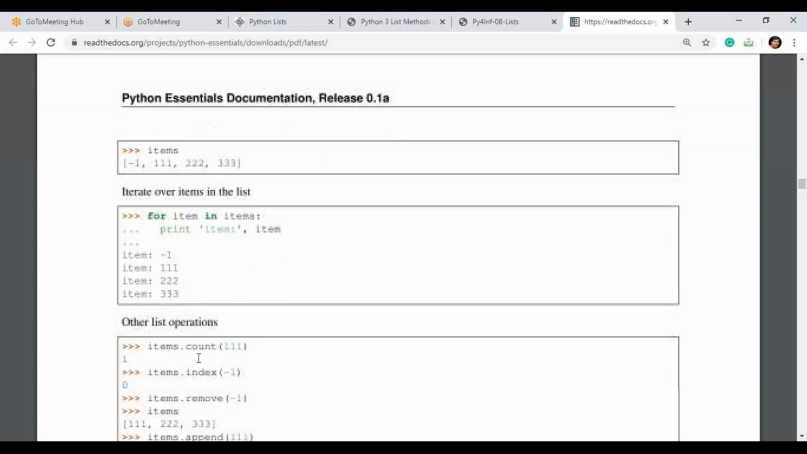So iterate. How can you iterate the previous list? For item in items, you are taking a list of items. Your counter variable is item, in items colon, print item comma item, then item colon -1, item colon 111, item colon 222, item colon